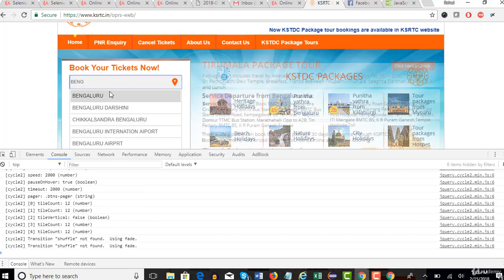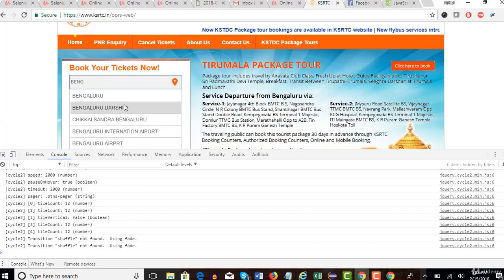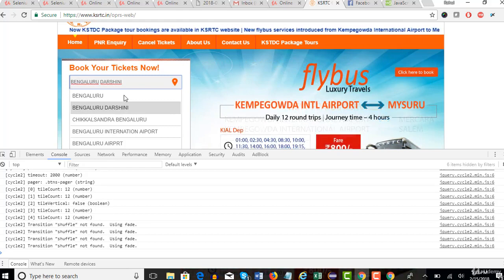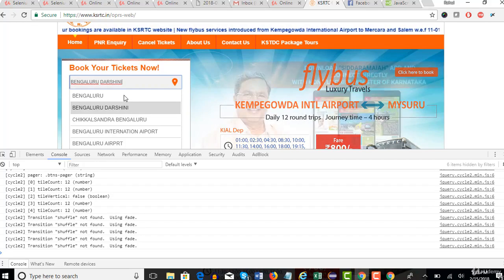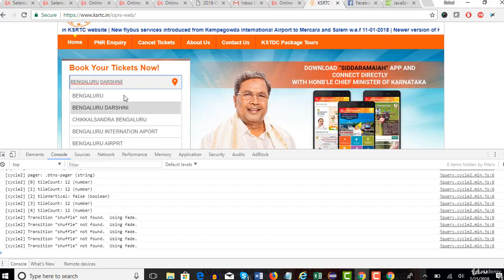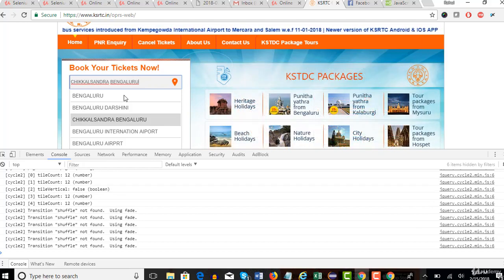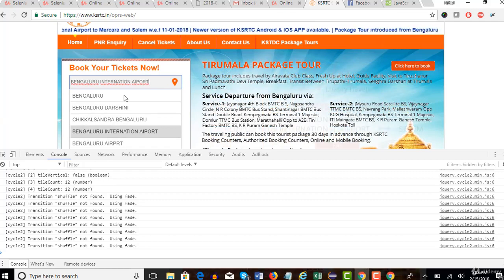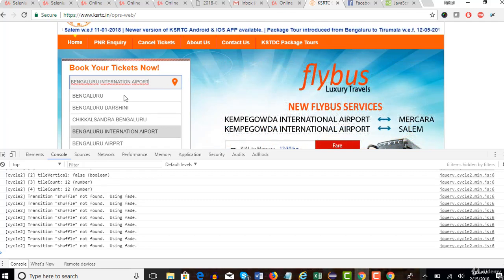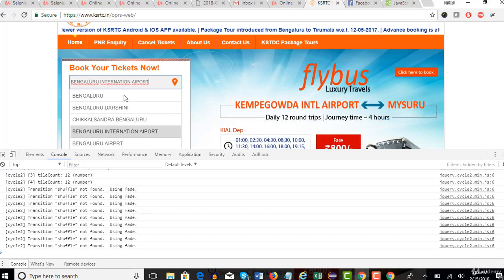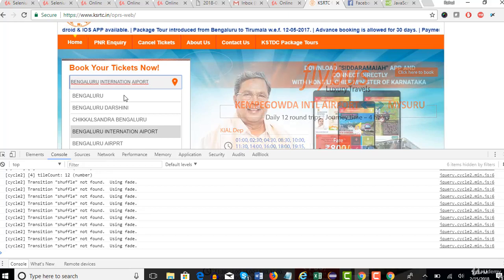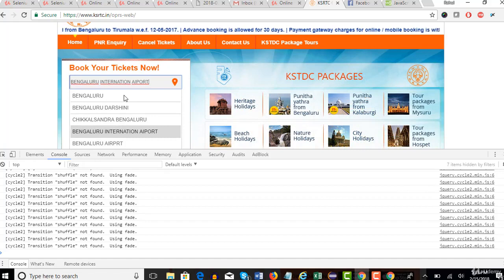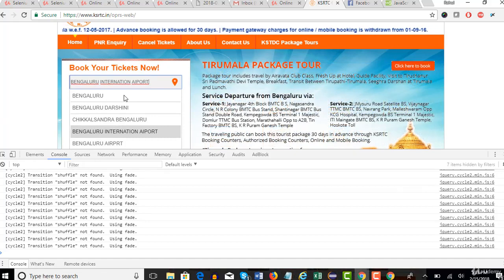Okay, so once you do key down, you will reach like this here, and there Bengaluru Darsini is selected, right? Get the text using JavaScript executor. If that text contains airport, your requirement is passed, but it does not contain it. Do arrow down again. Chikalasandra does not. Come down and you see it matches. But these guys have written a wrong text. It's Airport with the R missing. That's a bug, but we don't raise it because we are not paid to tell them, right? So keep on scrolling down until you get this option, and once you get this option, yes, this option is present and the test case passes.